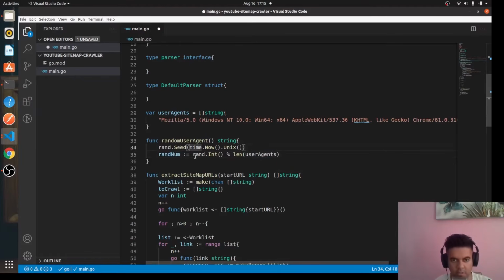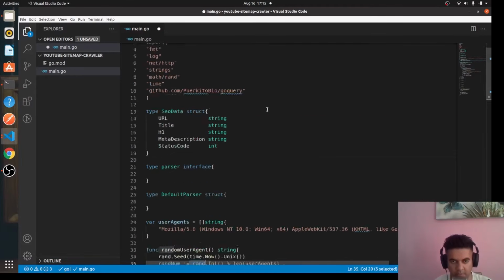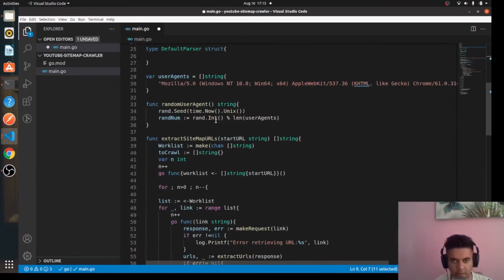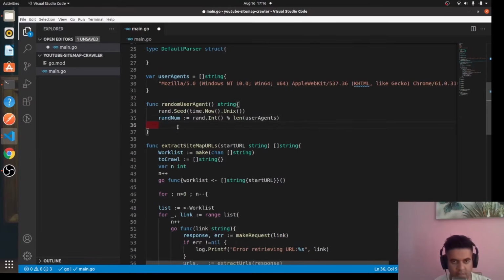In short, what we're doing is we are just taking the math/random library and creating an int, basically, and we're dividing it by the length of the user agents. So let's say if there are 5 or 6, we'll divide by length, and it basically helps us select one of these. So if you say return user agents, since you get a random number, and that random number is somewhere between the length of these user agents, like let's say if these are 6 user agents, so 1 to 6 will be